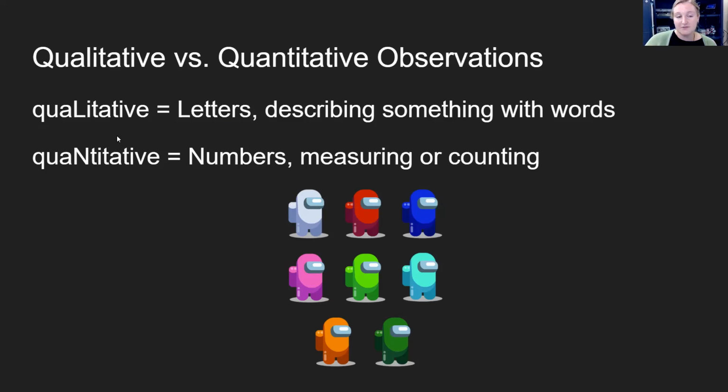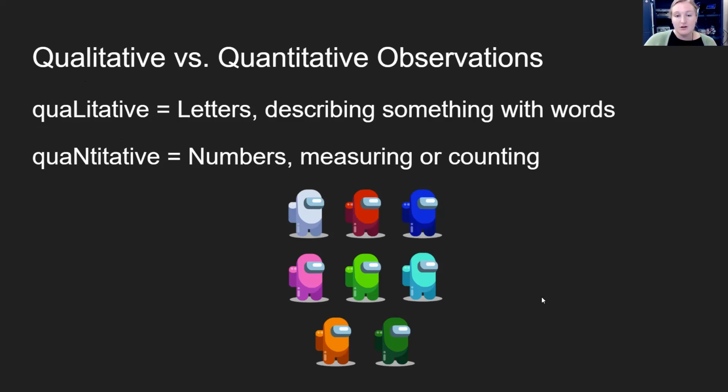That's quantitative. So the easiest way to remember this is going to be that L in qualitative, that's for letters. We're using words to describe things. And that N in quantitative, that's for numbers. That's when we're going to measure or count something. So qualitative is when we use letters or words to describe, and quantitative is when we use numbers to measure